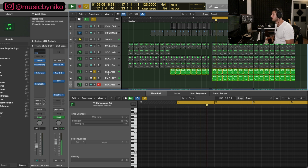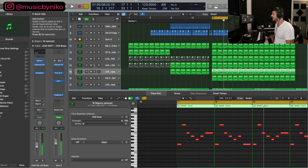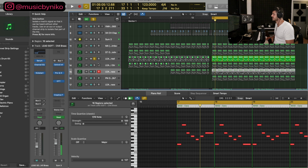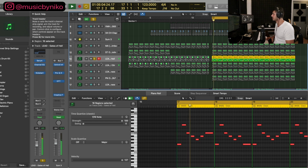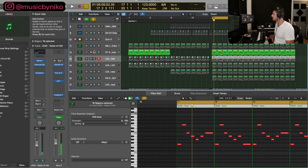Piano. This pulse thing. Whoops, I got excited there. This string. This thing is very distorted. This violin. And the marimba. And all together,